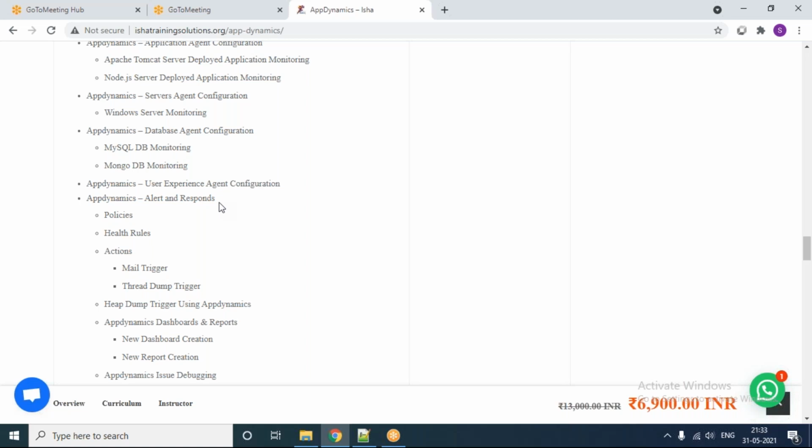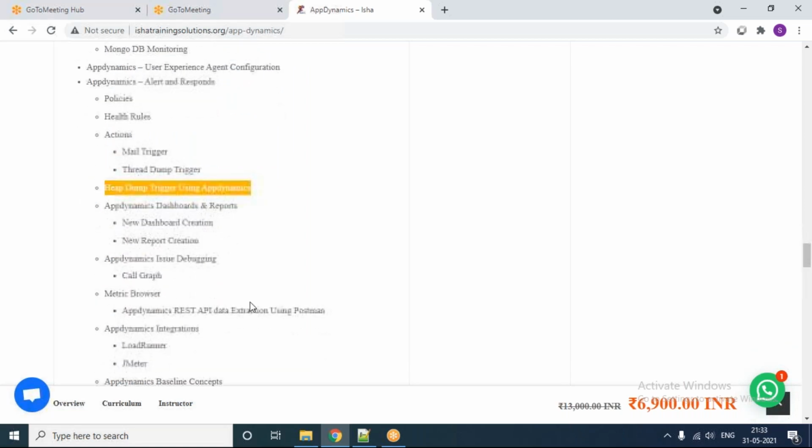Instead of you sitting in front of the machine observing what is happening, you configure the alerting mechanism so that it does the purpose. It will alert you through mail or whatever notification mechanism you have. In that also we are going to learn about mail trigger, thread dump trigger, like that, and then we are also going to see the system trigger in AppDynamics.